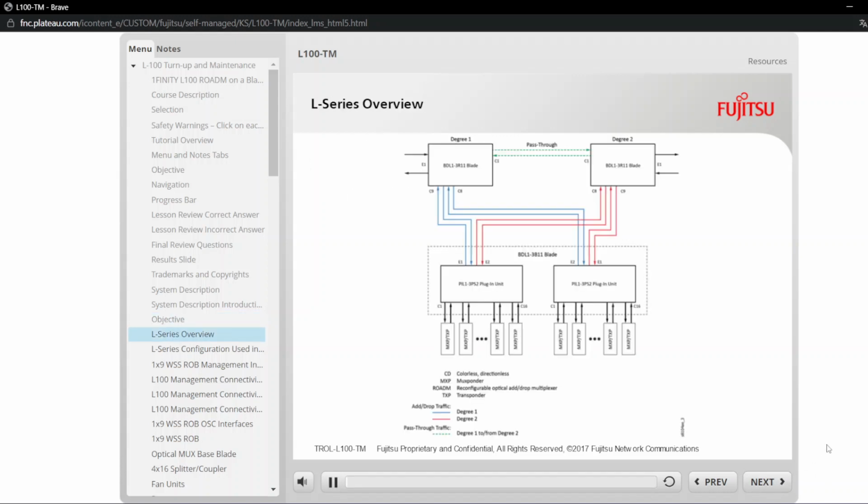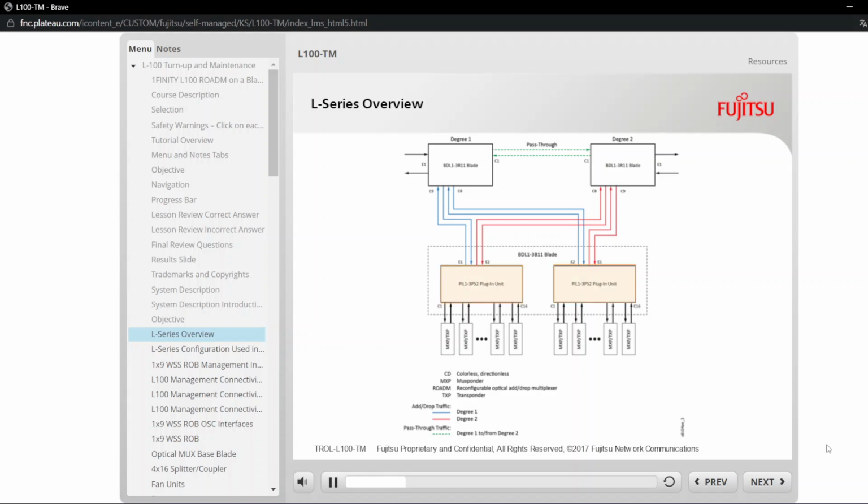The L100 L-series delivers carrier-grade, next-generation, colorless, directionless, CD, reconfigurable optical add-drop multiplexer ROADM functions, in compact 1RU enclosures. Any wavelength can be assigned to any port on any degree, and customers have connectivity to any degree from a shared add-drop side. Up to 2 degrees of CD ROADM is supported, shown on E1 ports in the figure, with up to 32 add-drop 100 gigabits per second channels. The figure shows these 32 channels as E1 through 16, on 2PI